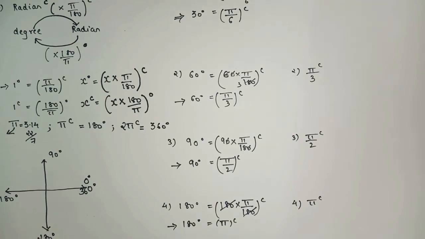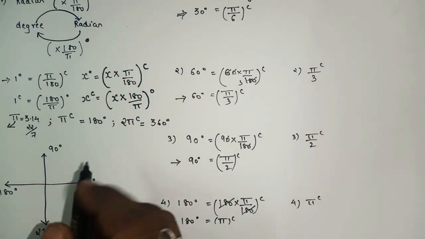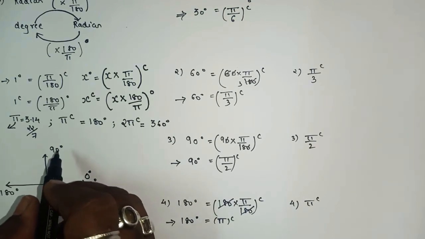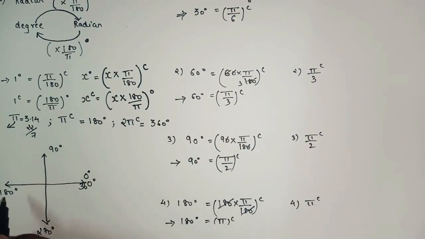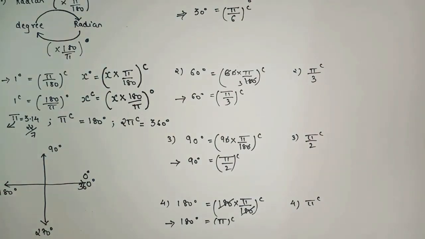Got the point? Understood? So you must know the basic thing, like what we say for 0 degree in radian, what we say 90 degree in radian, what we say 180 degree in radian, what we say 270 degree in radian, what we say 360 degree in radian, and whatever 30, 60 and 90. So these are the main known angles you must know to say the degree in terms of radian. So as I told, in 11th and 12th standard, you have to stop saying the angles in terms of degree and you have to start saying the angles in terms of radian.